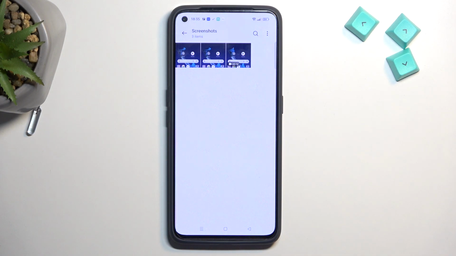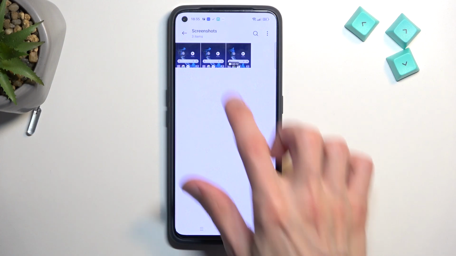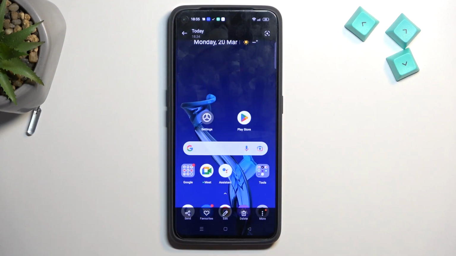And in here you'll see just the screenshots and nothing else. So even if you have a ton of photos, just normal photos, they will not show up here. And again, I can just tap on it and view it from here. So anyway,